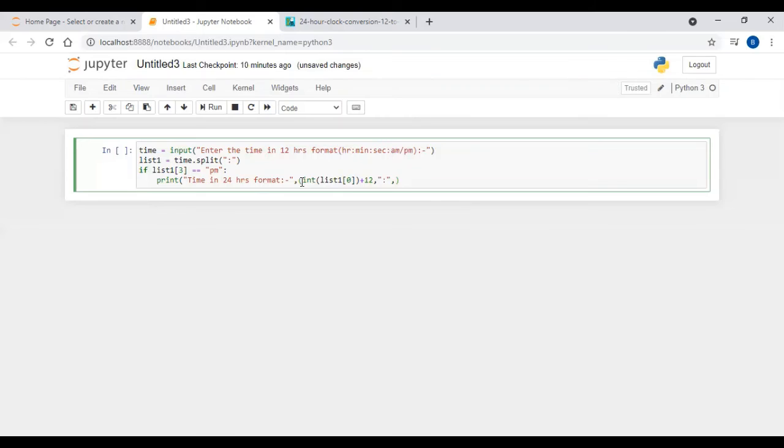Now after this we have to take a colon and then again write list1's first index, which will show us minutes, and then again colon. Then we have to write list1's second indexing value, which is seconds, and then again colon, sorry. Okay, and then what? PM. Okay,